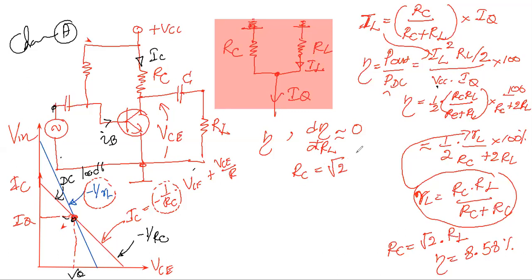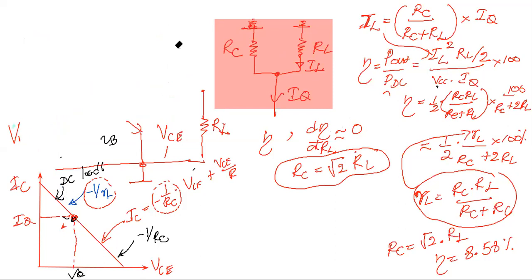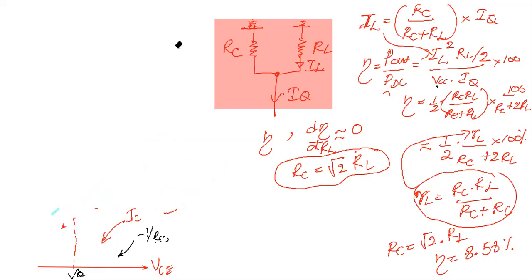I will show you how to do that one. By equating this derivative to 0, you can find this value. I will clear the left hand side figures, everything, and then I'll show you how to do that. You can maximize the eta. To find the maximum value, what you have to do is take the derivative, equate it to 0, and then find the value for RC. I'll show you how to do that, don't worry.